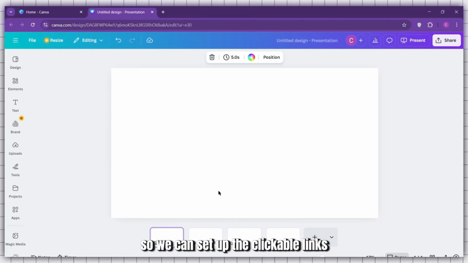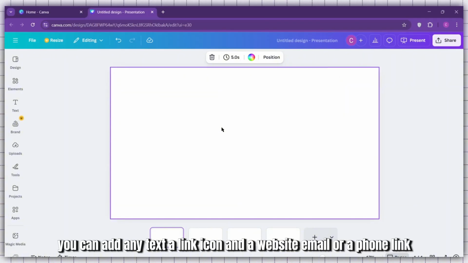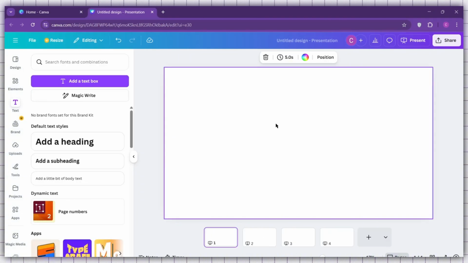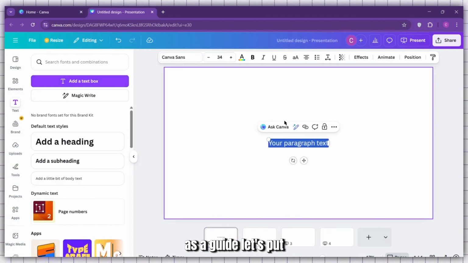So we can set up the clickable links. You can add any text, a link icon, add a website, email, or a phone link. This allows the readers to click directly from your PDF. As a guide, let's put